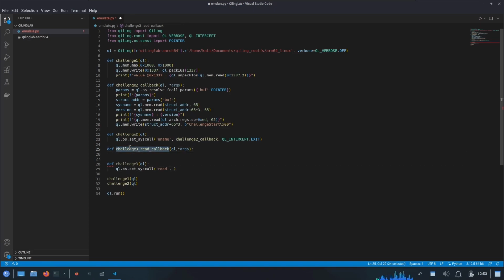Then we can pass this callback here, and then we can tell when to trigger this system call, whether at the time of enter or exit. We can use the exit here because at the time of exit we need to modify the buffers. Typo here, sorry for that. Okay, and similarly